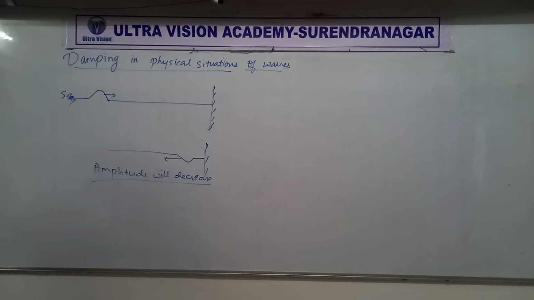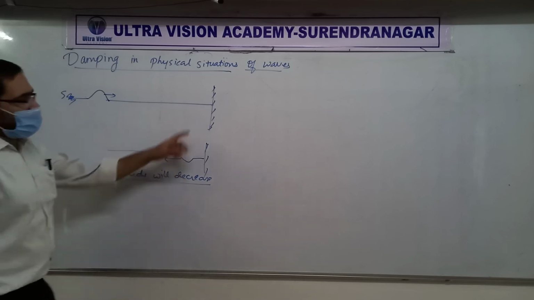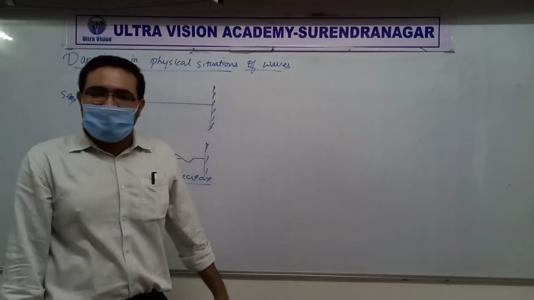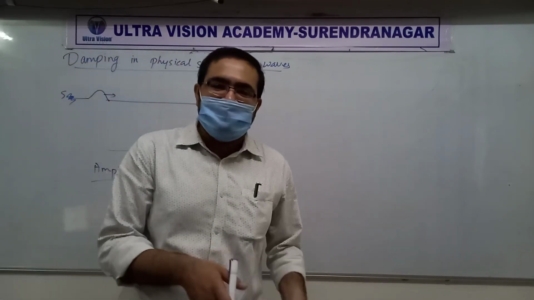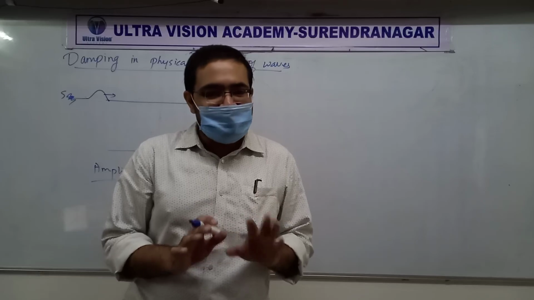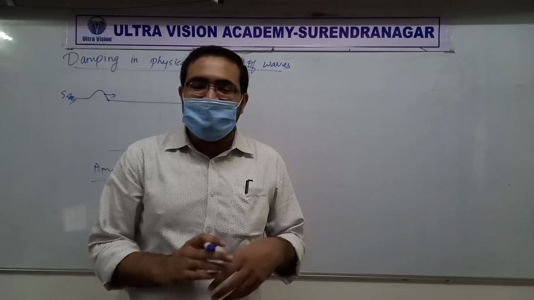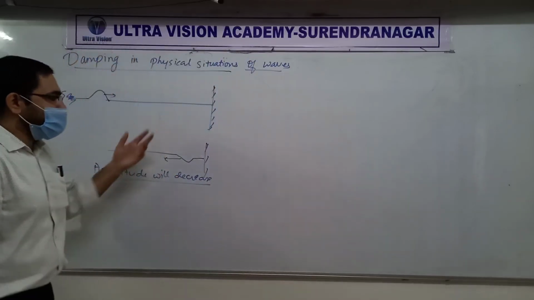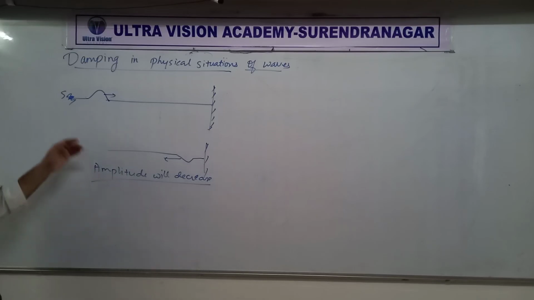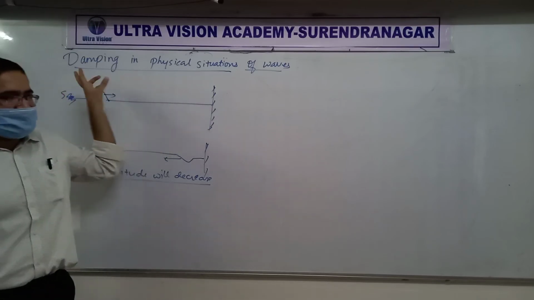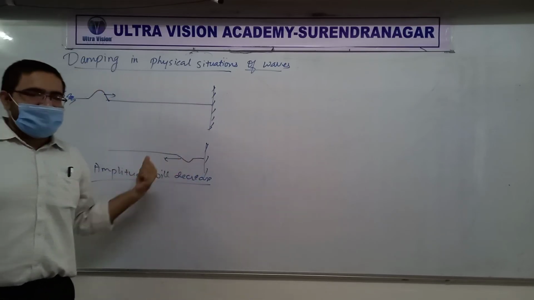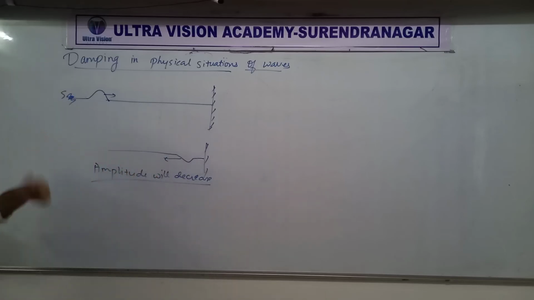Amplitude will decrease due to reflection, and it will also decrease due to resistive forces in any material. Remember that. Okay? When there is reflection, of course, at that time also a little bit of amplitude is going to decrease, right? In reality, remember, most of the time we will be talking about ideal cases, but in reality, what will happen is that the amplitude will decrease even while traveling because of damping and even due to reflections. So,